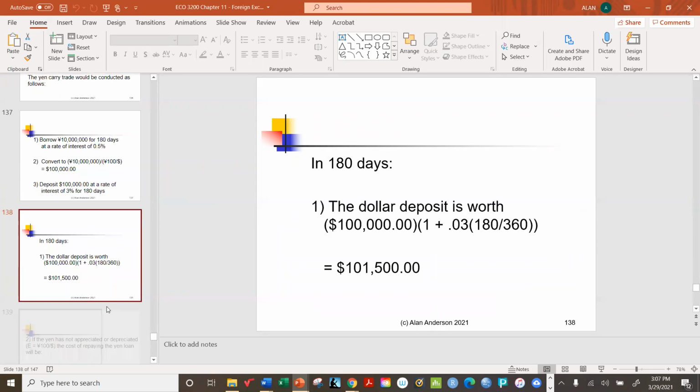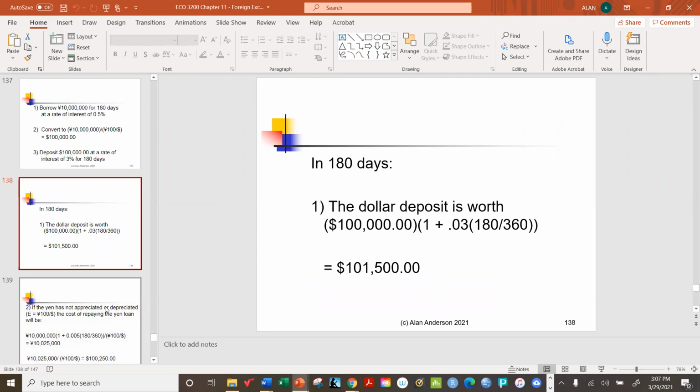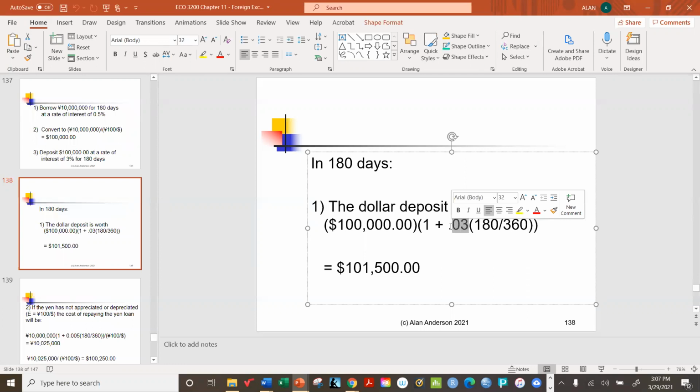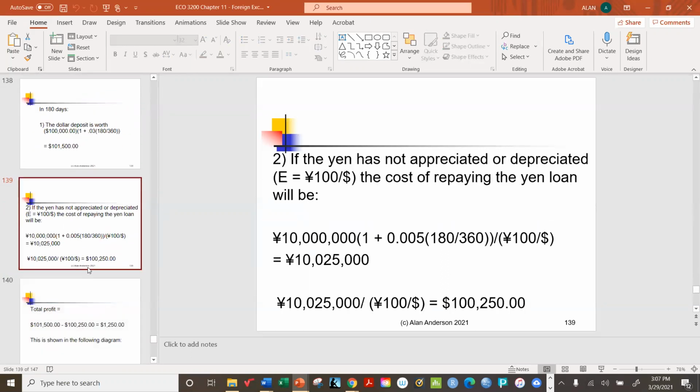Well, let's find out. So what happens in 180 days? Our dollar deposit is worth $101,500 because you earn 3% over a period of 6 months, which means that you actually earned 1.5%. So after 6 months or 180 days, our deposit is worth $101,500. Now, if we assume, and this is where it gets tricky, that the spot exchange rate between the yen and the dollar hasn't changed, it stayed at 100, then when we convert our dollars back into yen, the cost